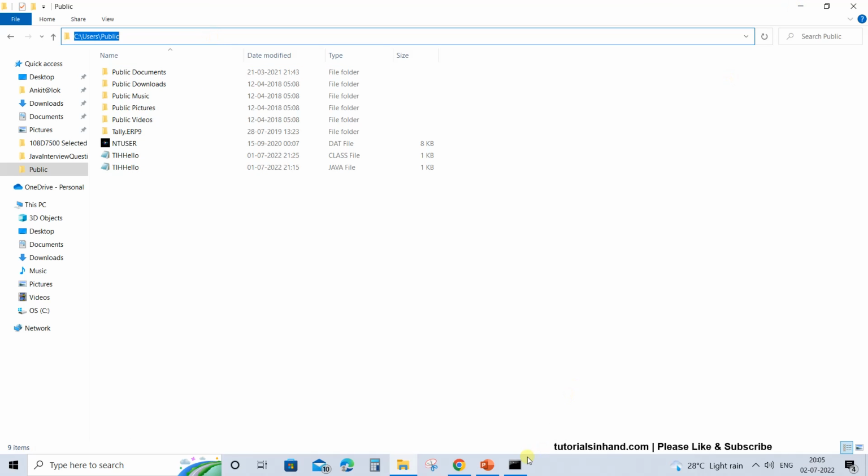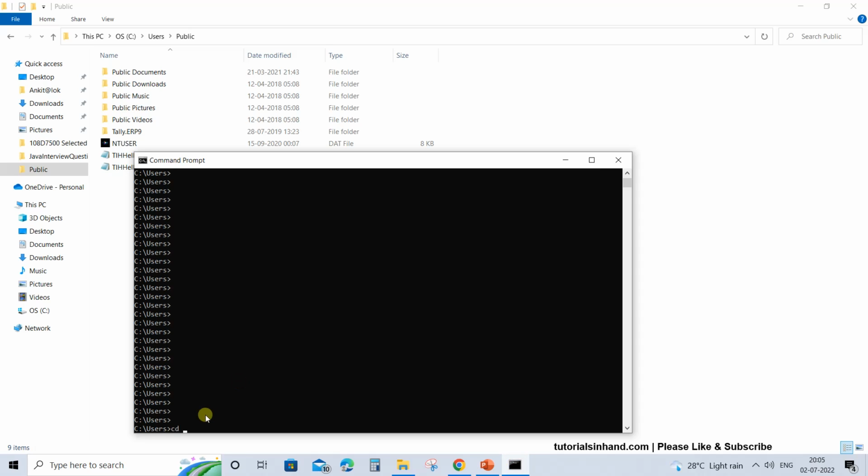We can copy this, and at this place we can write CD and then right click. You will paste it. For me the paste is automatically happening once I do the right click, but in your case it might give you the option to paste. So click on the paste. So CD and then the path where you want to go, and once you click enter, you are at the path, this C drive users public. See, you are at this path.